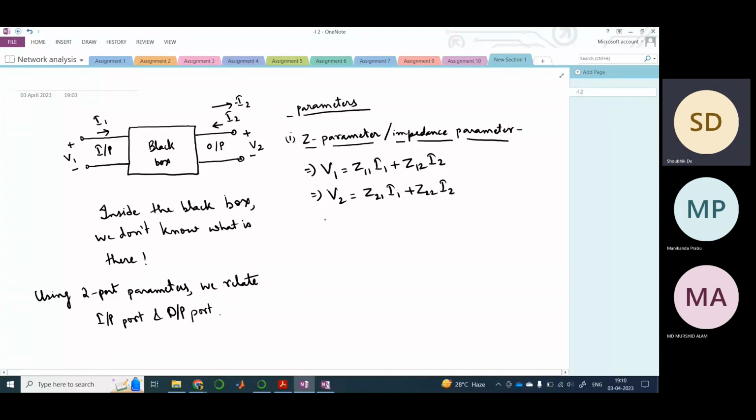The way to solve this kind of problem is that we need to, so basically here what are my independent parameters? The independent parameters are I1,